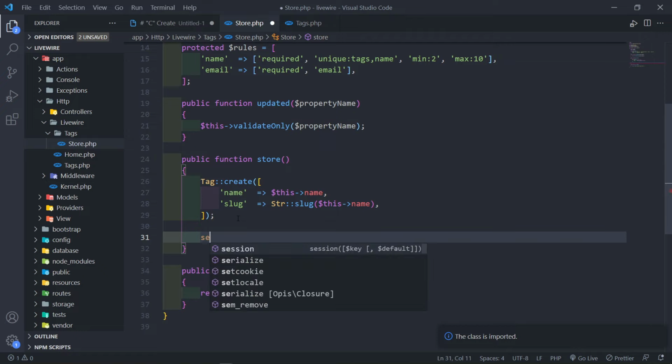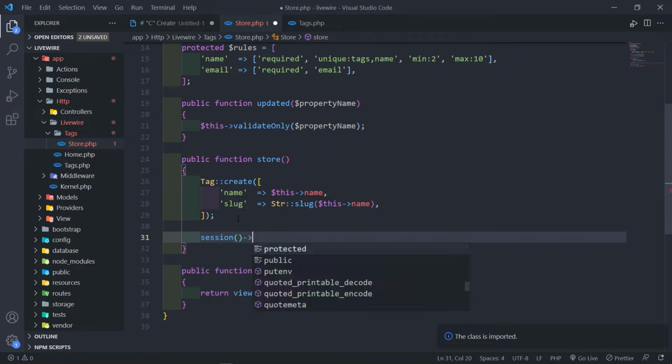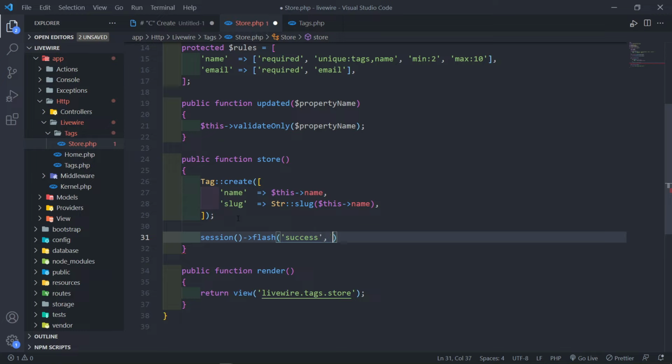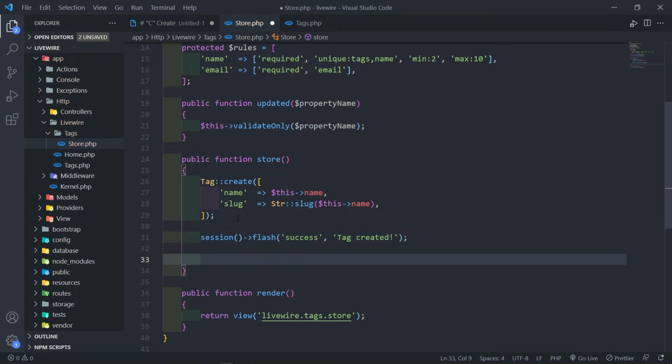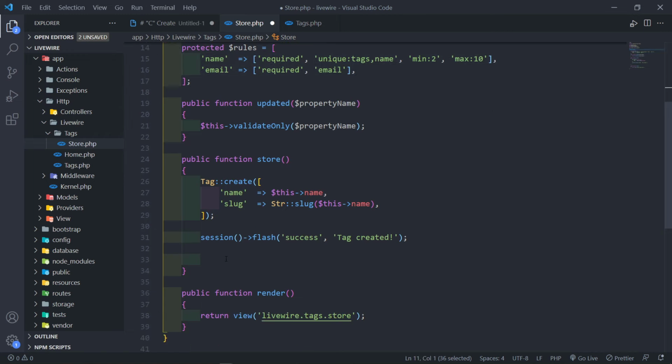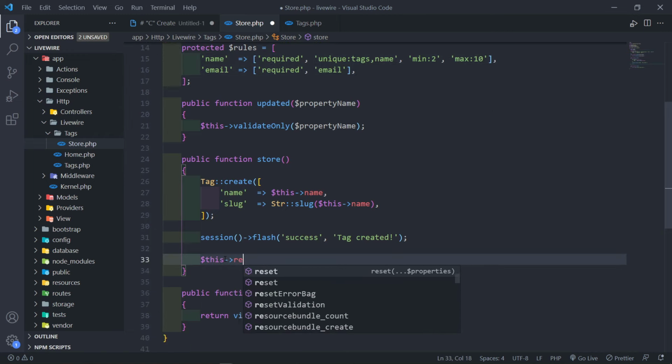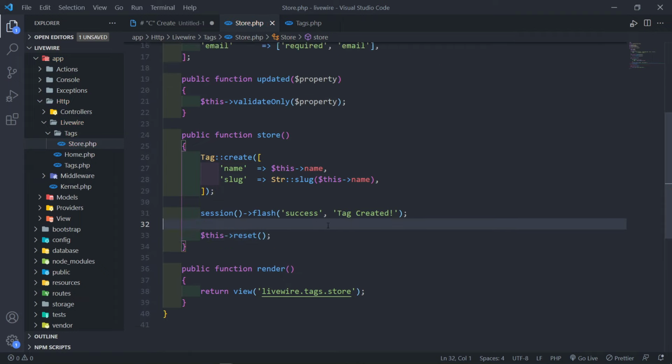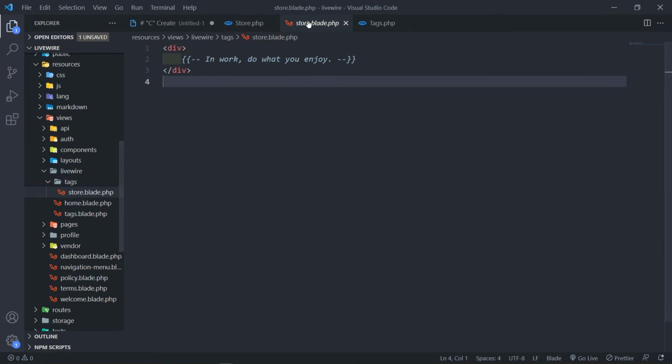The next thing we're going to do is we're going to flash the session with the success message. And we're going to just say tag. You can be fancy or be more creative for this. I'm just going to say tag created. And then we're just going to reset the input fields for the name and the email. Okay, so you can just say this, reset. Okay, so what that does is basically the input fields, it just sets them to nothing. Okay. All right, so the next thing we need to do is we need to obviously go to our view